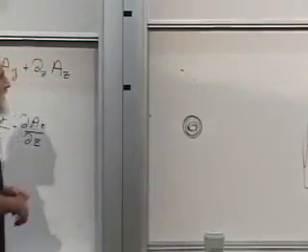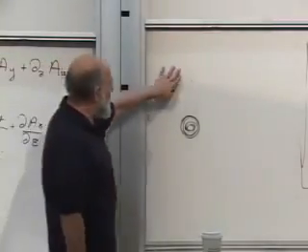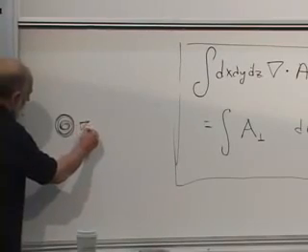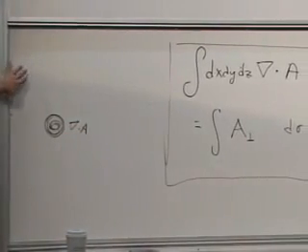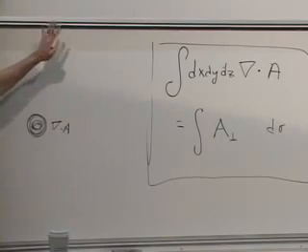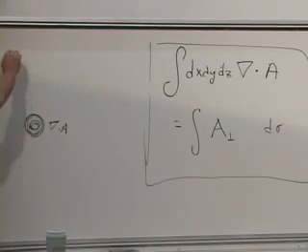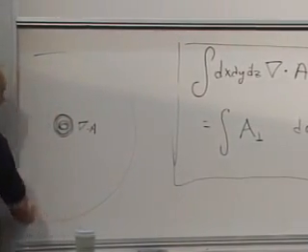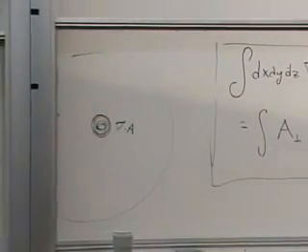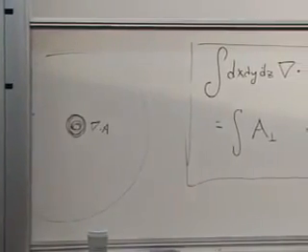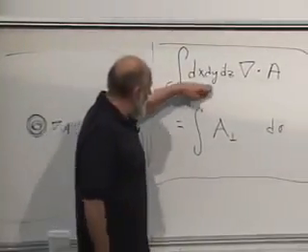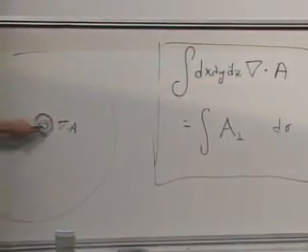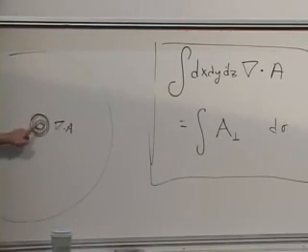Okay, let's see if we can use that to figure out what the A field is. There's a del dot A in here. And now let's see, can we figure out what the field is elsewhere, outside of here? So what we do is we draw a surface around there. And now we're going to use Gauss's theorem. First of all, let's look at the left side. The left side has the integral of the divergence of the vector field. All right. The vector field, or the divergence, is completely restricted to some